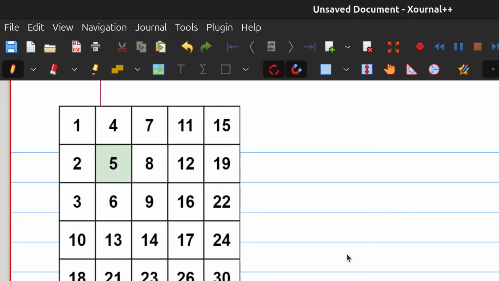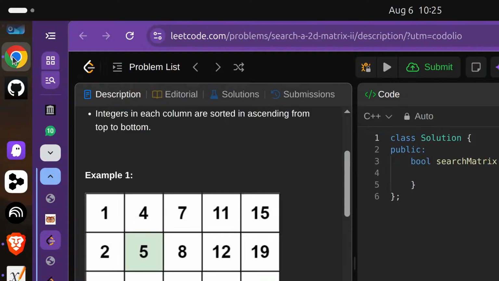So this is the question, and then what is given, let's